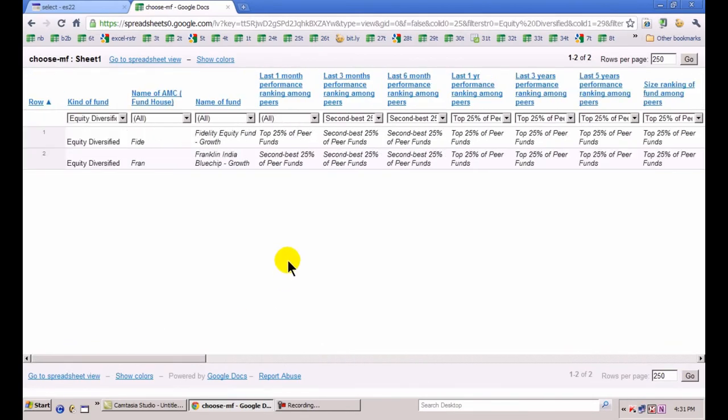Example, a small twist in the tail. I might look at funds which have done very well in the long term, but something which has not done well at all in the short term. So maybe I will look at something which is in the bottom 25% in the last 1, 3 or 6 months. That would mean that I would feel perhaps that those funds have got a better chance to come back and are available cheaper. So any criteria which I choose, I can look at and choose my mutual funds. This is our mutual fund tool. Again, it's in the select page.